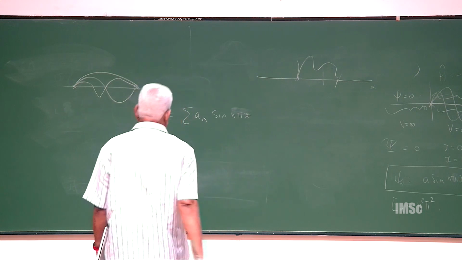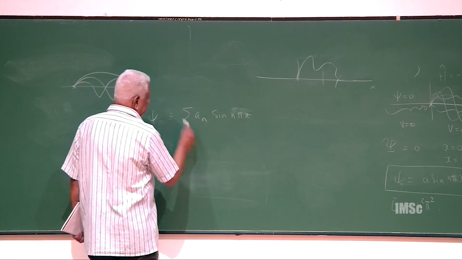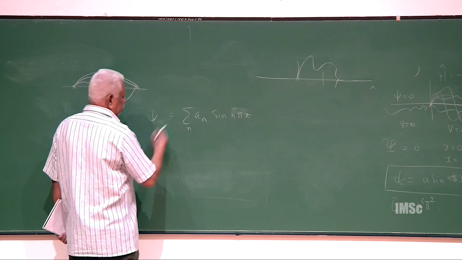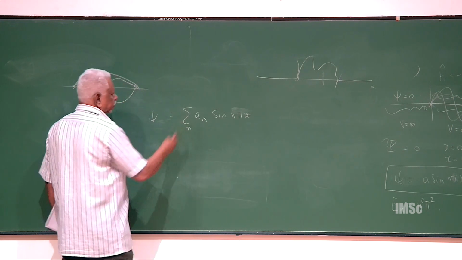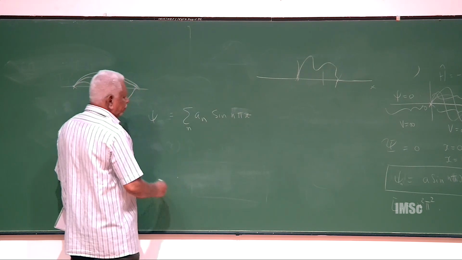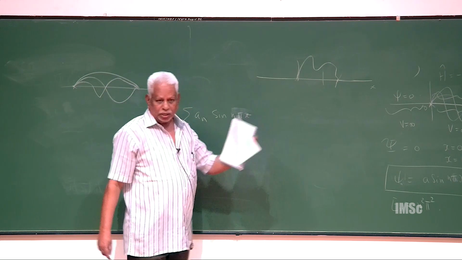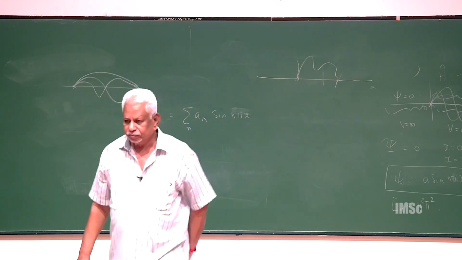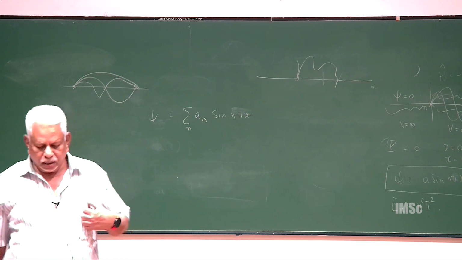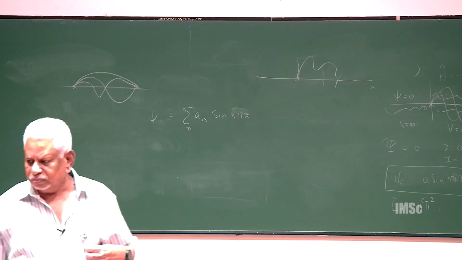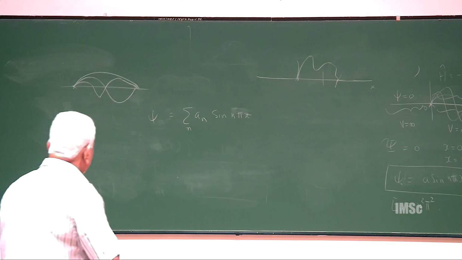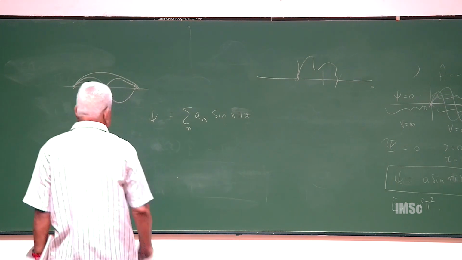So this is some function. Any function here is this thing, and the eigenfunctions are assigned this thing. The eigenvalues are n square pi square. Now, if you have some eigenfunction,